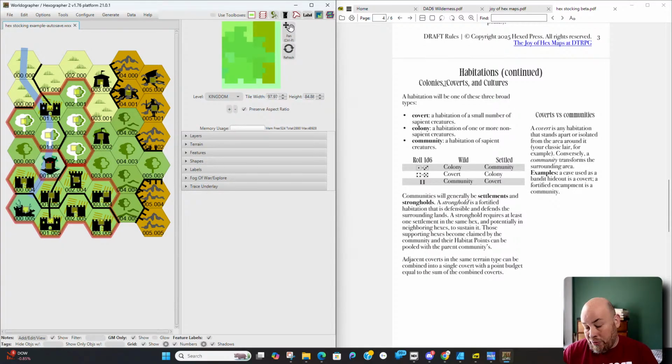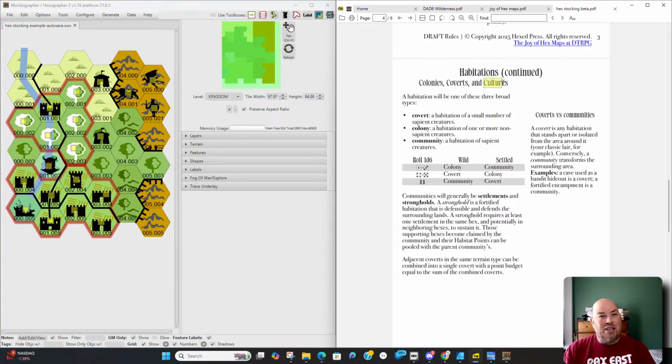Colonies I'm using for animals. Probably could think of another word, but I was kind of going on the three C's. So colonies for animals, like colonies of birds. Coverts is your layers essentially, and then cultures is for